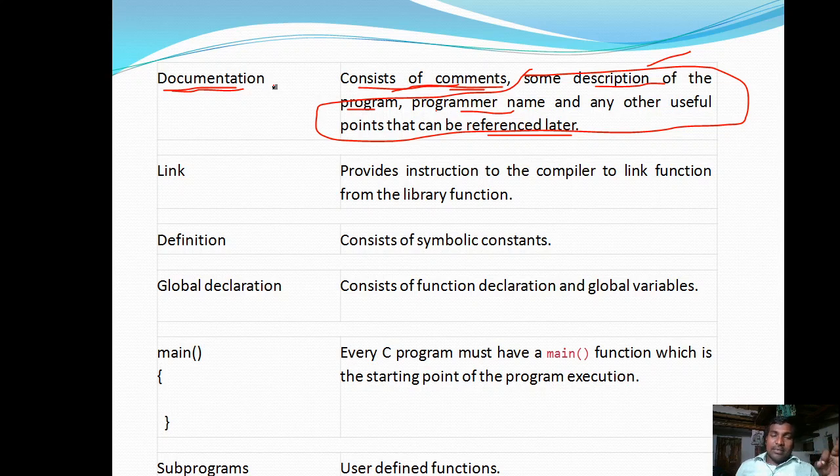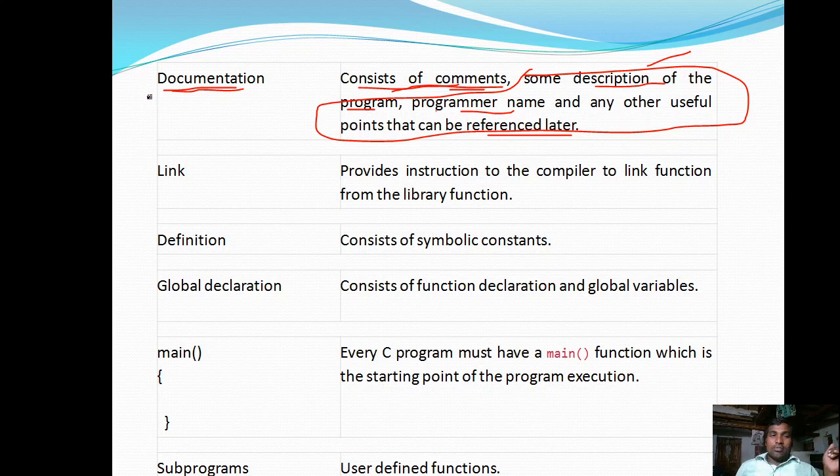In those comments we write the programmer name, the date and time the program was written, the version of the program if available, and some description about the program, like the main agenda or objective of that particular program. That information is available in the documentation section.